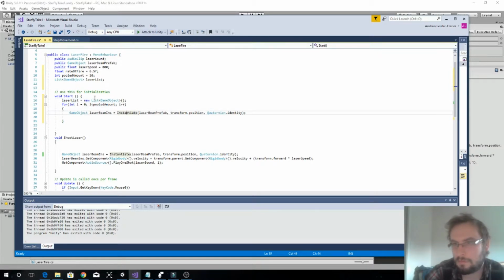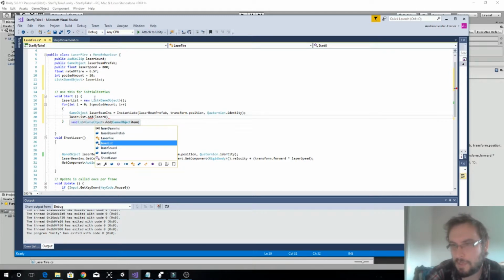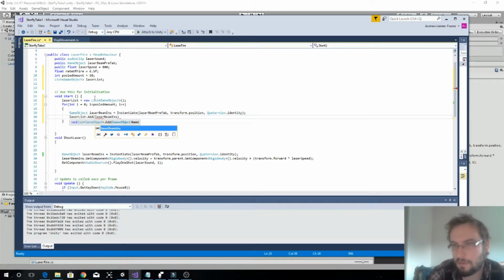And so laser list dot add, and we want to put in laser beam ints,